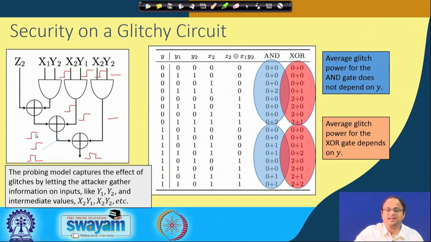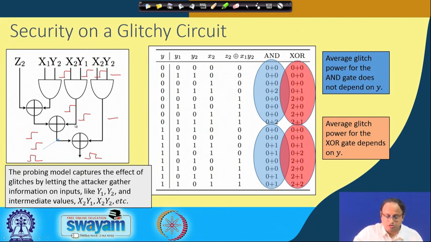So now the idea is that if you are still secured, then that means that even if you are combining the power leakages because of these intermediate results, you should still not be able to do an attack. And therefore, this is a very strong attack model, and if we can show the protection against this kind of attack model, then essentially our designs are very sound.